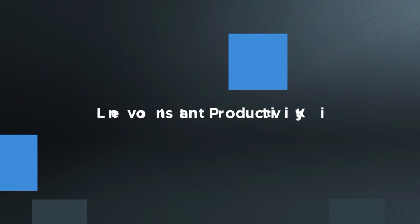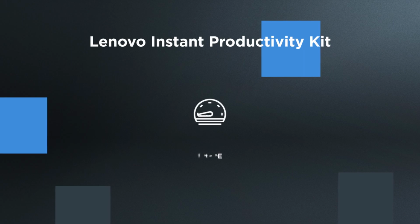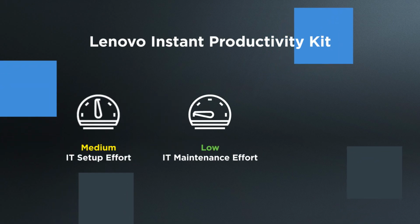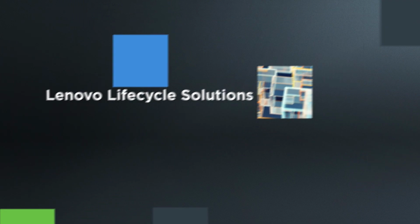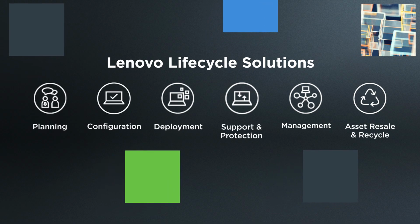Lenovo Instant Productivity provides a deployment and maintenance solution for IT teams who are stretched thin and need to ease upfront work. With this kit, Lenovo builds the image to your specs, and end users can use their devices right out of the box. Talk to your rep about Lenovo Lifecycle Solutions to help you plan, manage, and support your